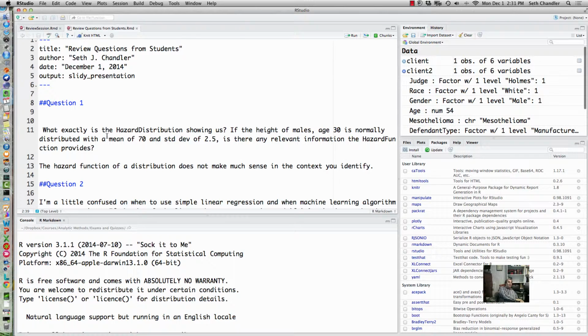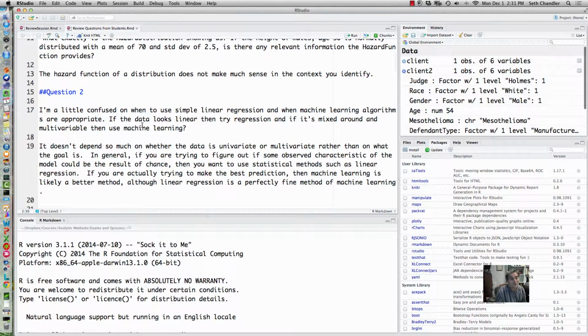A hazard function is really used primarily when you're looking at longevity analysis, be that some kind of mechanical part where you're looking at the risk that a part will fail, or a human life where you're looking at the risk that a human life will transition from the living state to the dead state. And so although you can compute it, it doesn't have an obvious meaning outside of time-based contexts. Does that make sense?